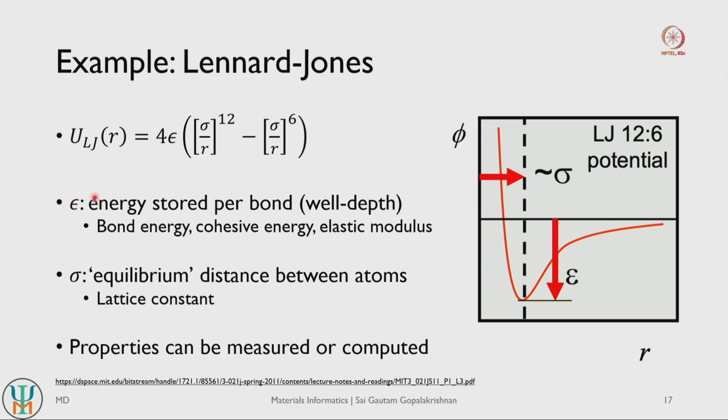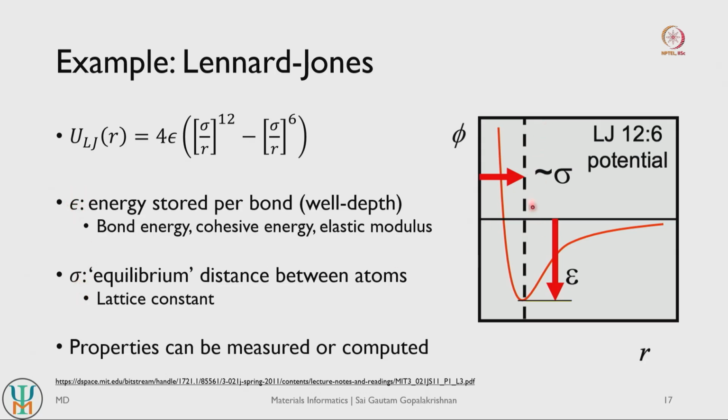And how can you determine the value of epsilon? So if you know the energy of that bond, you already know the value of epsilon. You can also get it from cohesive energy. So if you have a collection of atoms and you know the energy that is required to isolate all of those atoms, then you can take the average of the cohesive energy per bond to get this epsilon term here. You can also use elastic modulus. Elastic modulus in some sense is related to the curvature of your potential energy as a function of atomic displacements, right. So if you know the elastic modulus, such as Young's modulus or bulk modulus, you can actually determine the value of your epsilon here, right.